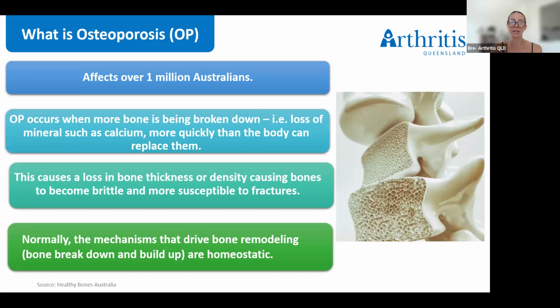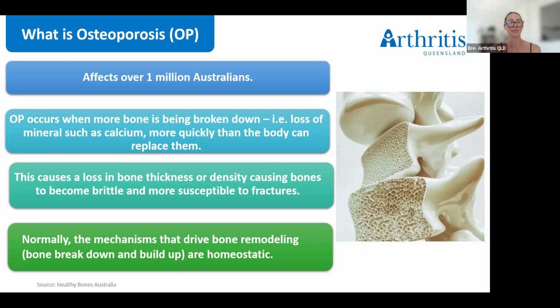Okay, so what is osteoporosis? So osteoporosis is a really common disease and it does affect over 1 million Australians. So this disease makes bones become brittle and it leads then to a higher risk of breaks than in normal healthy bones. So osteoporosis occurs when bones lose minerals such as calcium more quickly than the body can replace them. So this causes a loss in bone thickness or density, and it causes our bones to become really brittle and